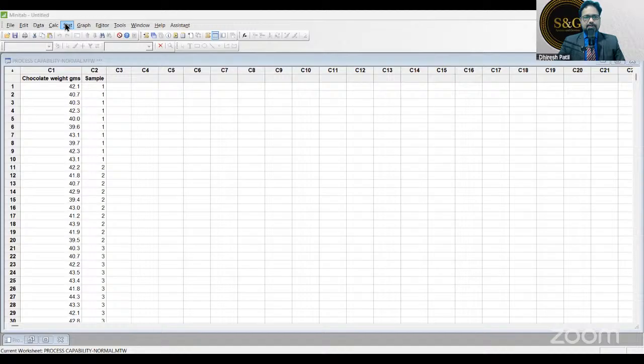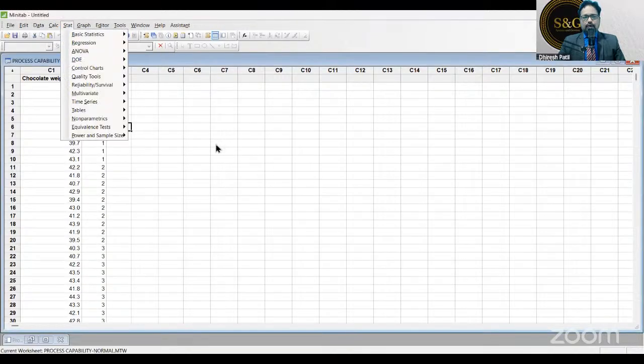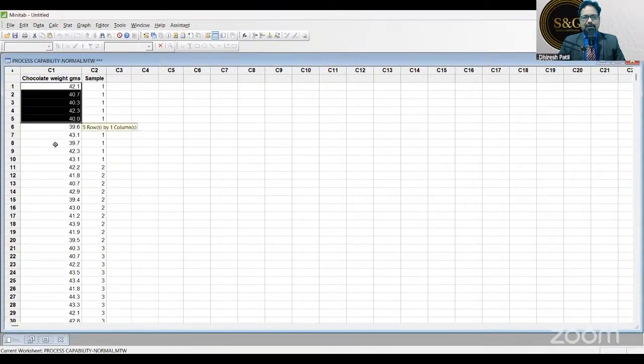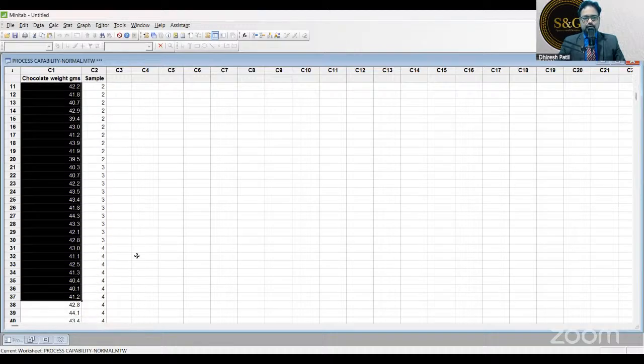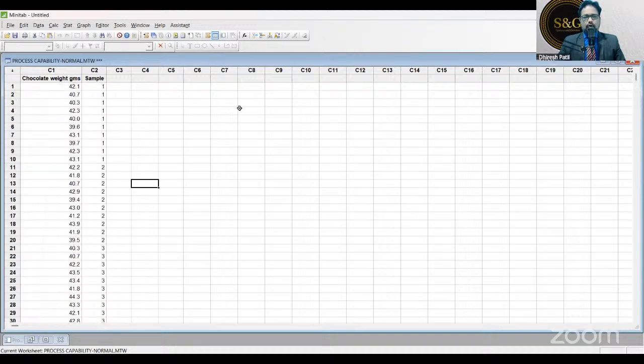Chalo. So let's go to Stat. So we have this chocolate weight in grams here. So we have a lot of data. Now the lower specification is 36 gram and upper specification is